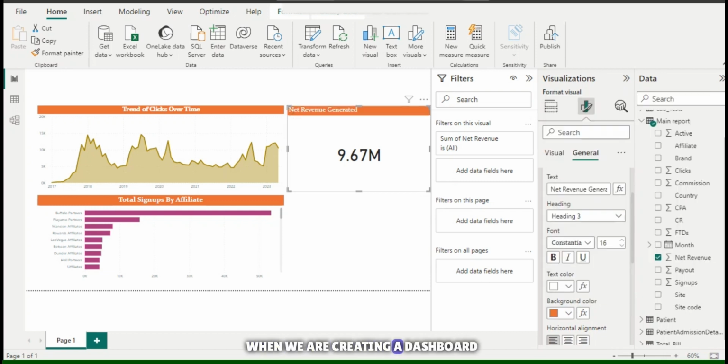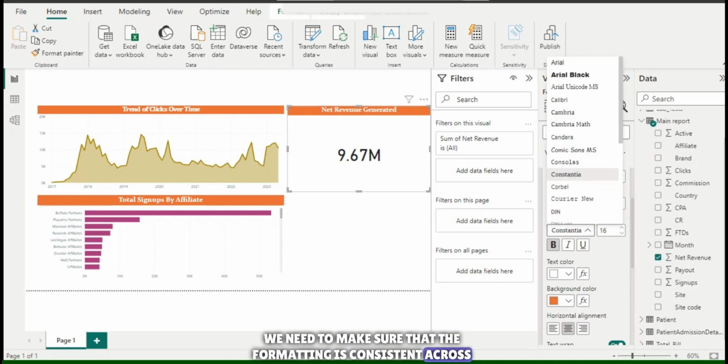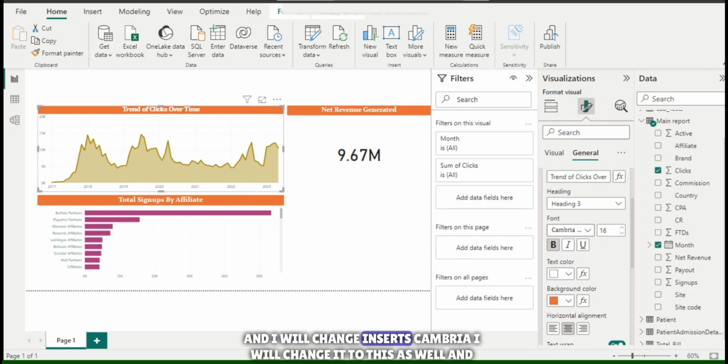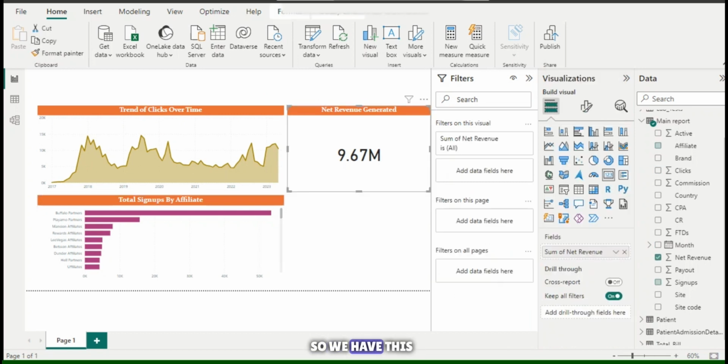When we are creating a dashboard, we need to make sure that the formatting is consistent across all graphs, in this case. So it is this, and I will change it, so it's Cambria. I will change it to this as well, and for this, okay, so we are good to go. So we have this